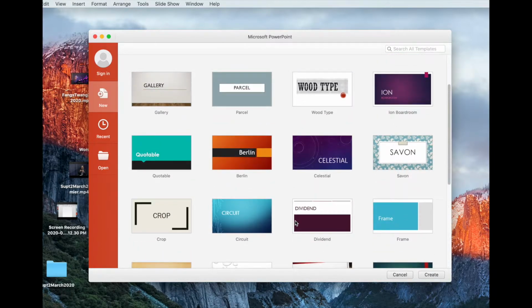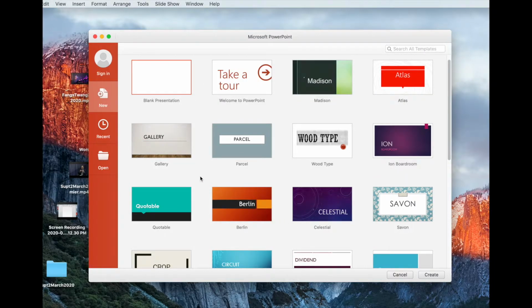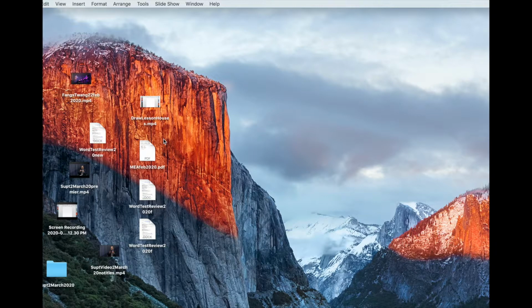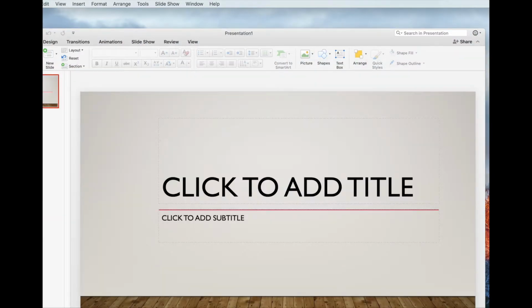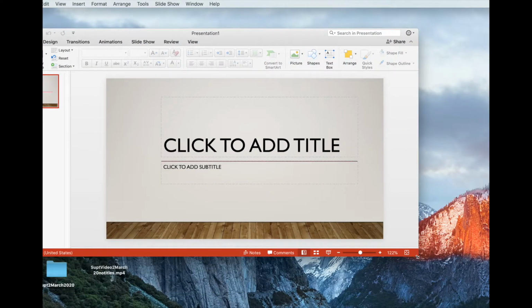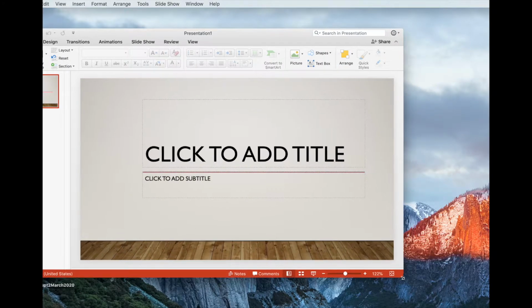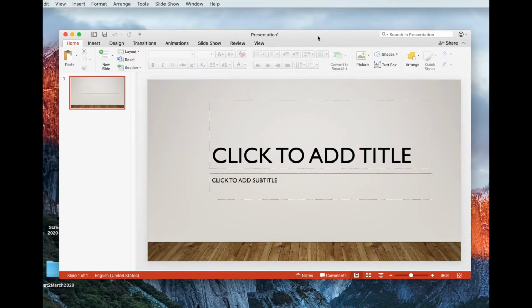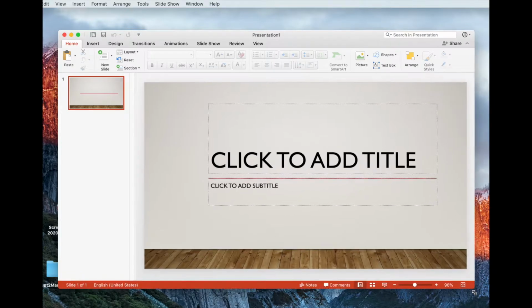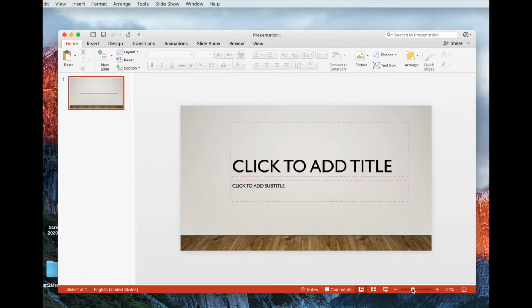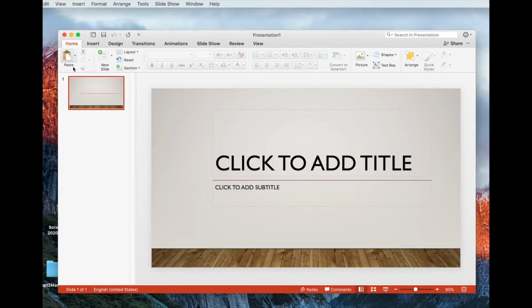Just for the sake of simplicity here, I'll go ahead and click Gallery. It looks like an art gallery. So this is opening up here, and I'm going to make this screen a little smaller so it fits in here. Okay, into our area. You can adjust your view here, and a lot of the menus you're going